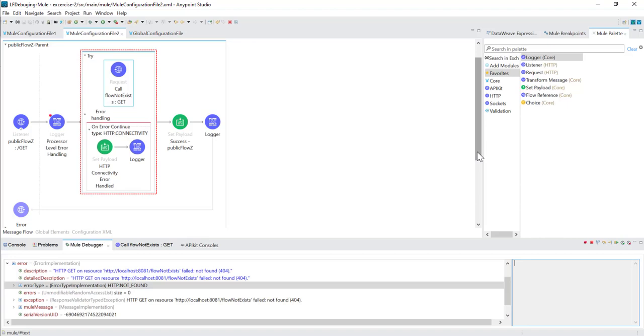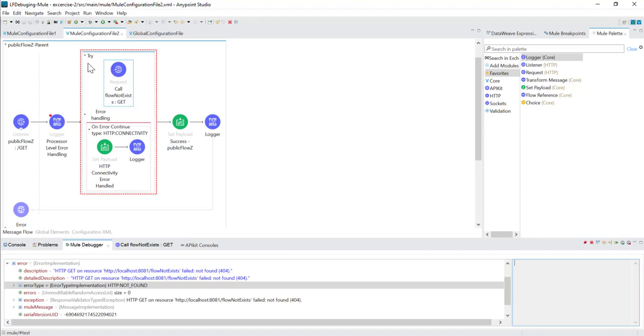So this is the behavior of the Mule default error handler, right? Whenever an error handler is not able to handle the occurred error, that time it is handled by the Mule default error handler, right? The Mule default error handler logs the error details, and then it rethrows that to the upper level, right? So now from the processor level, the error is about to be thrown to the flow level,